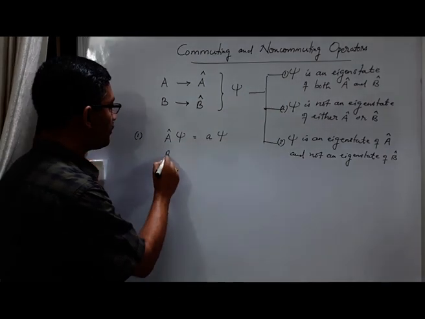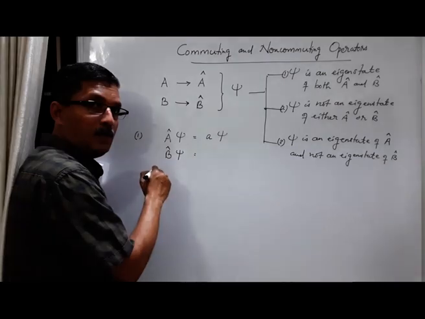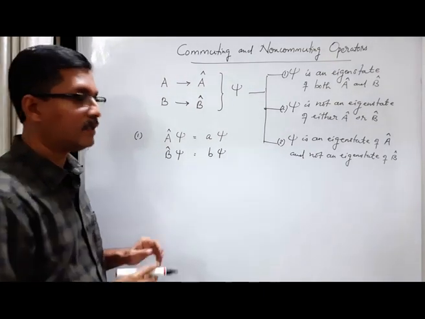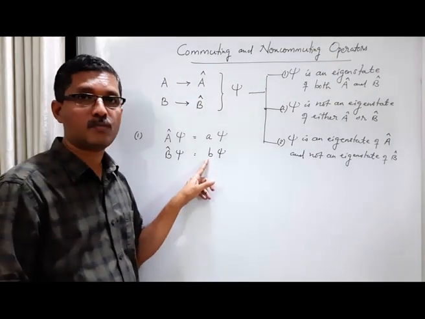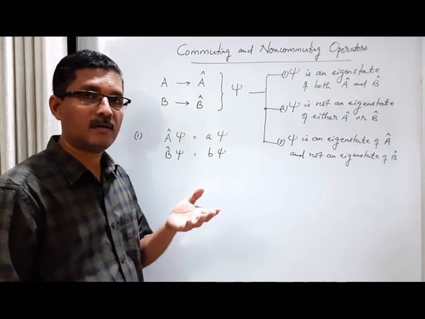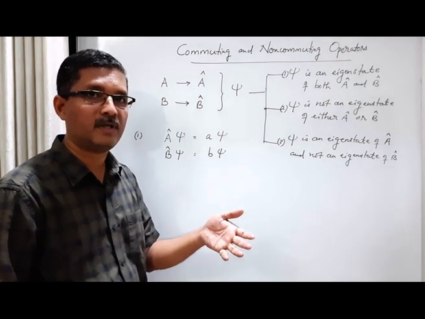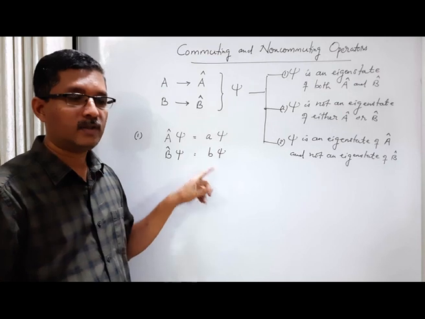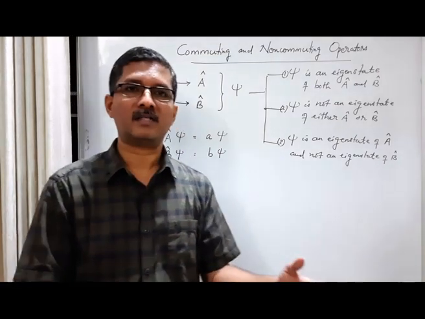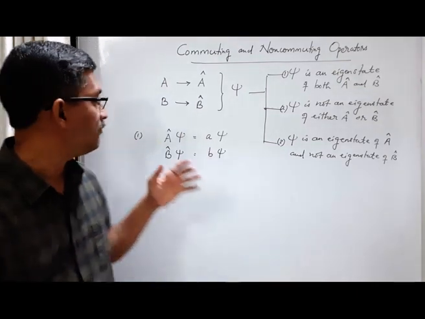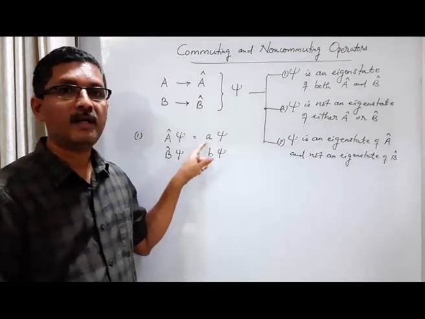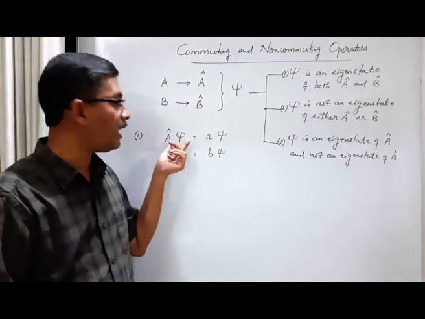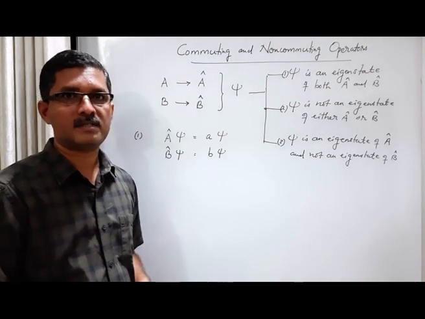What about B? Remember, psi is an eigenstate of the operator B also. So when B operates on psi, we get its own eigenvalue, let's say small letter b times psi. So psi is an eigenstate of B corresponding to the eigenvalue small b. Physically, what happens when we measure the physical quantity B? Every trial yields the same eigenvalue b. So in 10 members of the ensemble we measure A and we get the same eigenvalue a, in the other 10 members we measure B, we get the same eigenvalue b. We say that both A and B are sharp in the state psi.